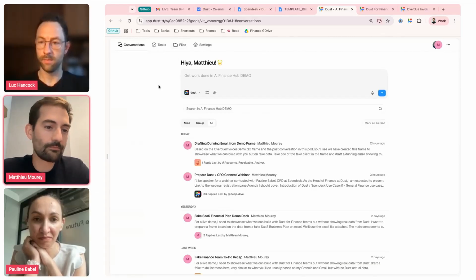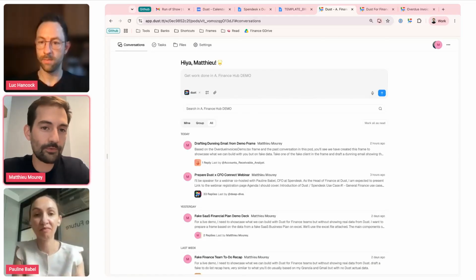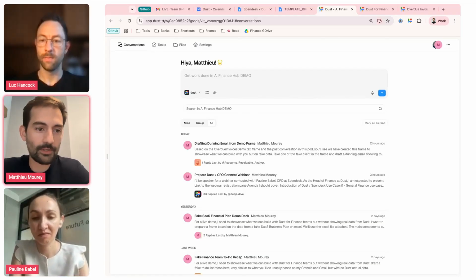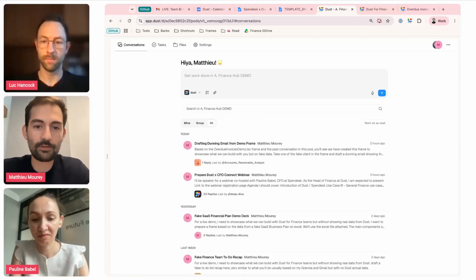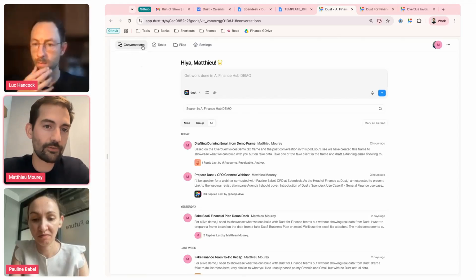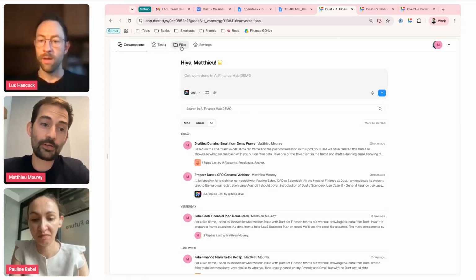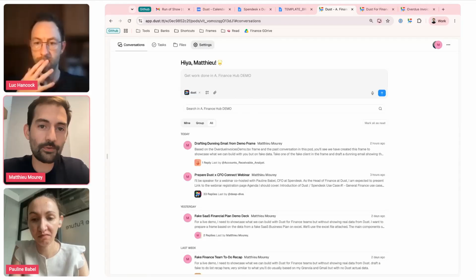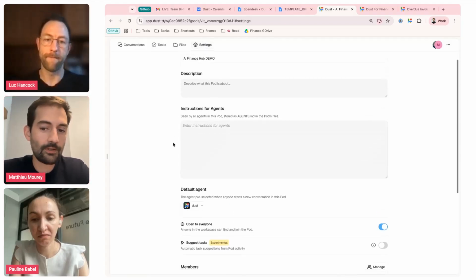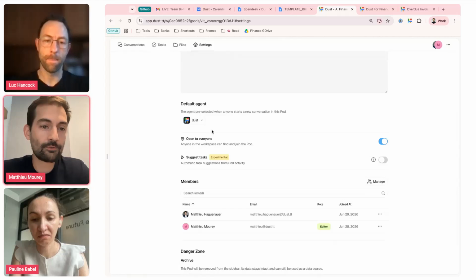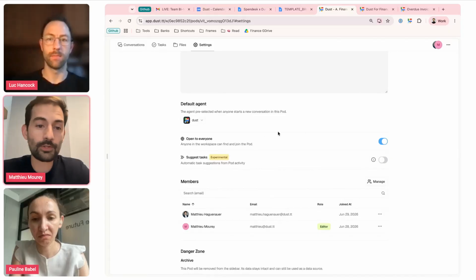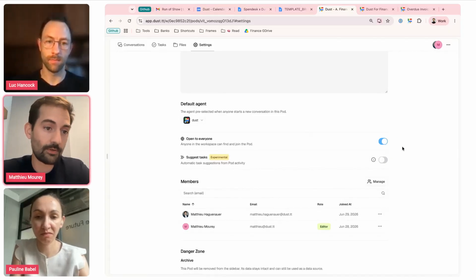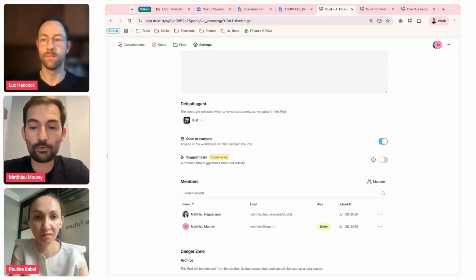A pod is a workspace within your Dust workspace where you can manage a specific topic, and you will find all the conversations, the tasks, the files that you have created through the conversation, and its own set of settings. And one of the ones that is super interesting is that you can either have it open to everyone, or you can have it open just for your team or specific members of the company.